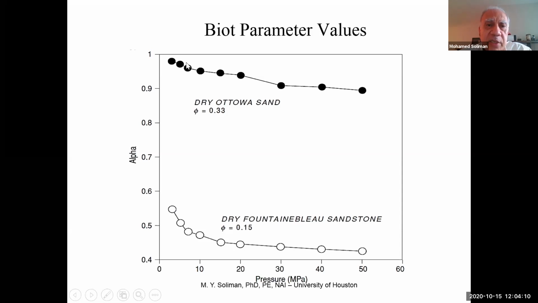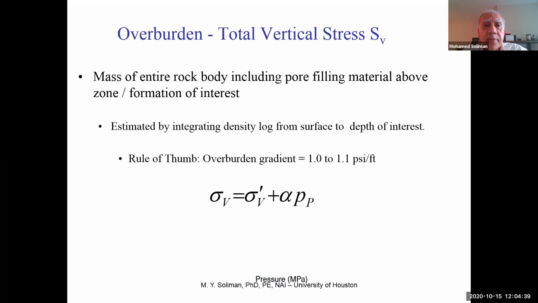And so you can see, depending on the rock, it may be up to 0.9, and in some rocks it may be down less than 0.5. So it's important to test the rock. You can only find it by testing. You test the rock and you find what Biot constant, Biot coefficient you have, because that's going to affect your sanding issue. So